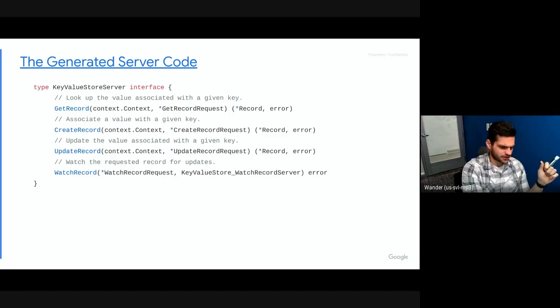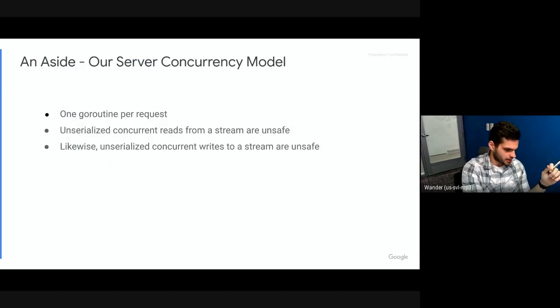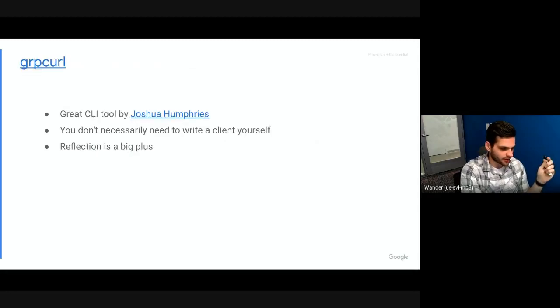We already looked at the generated server code. And I already talked about our server concurrency model. You should know that concurrent reads from a stream are unsafe and concurrent writes to a stream are unsafe. Okay, so